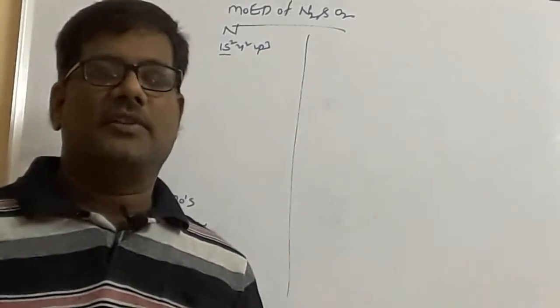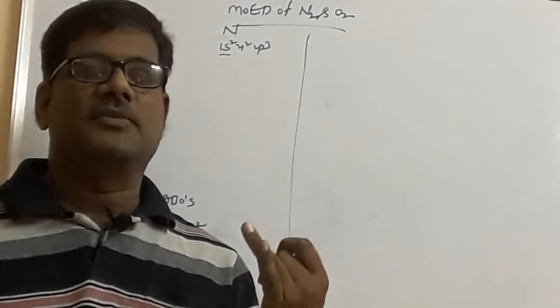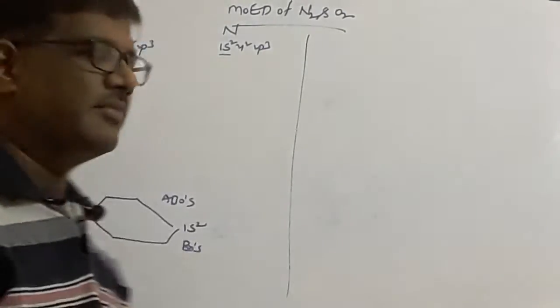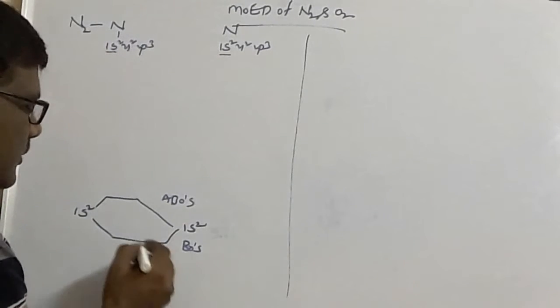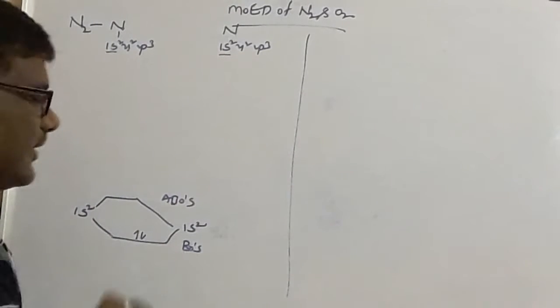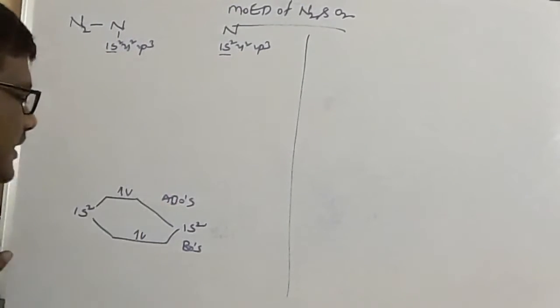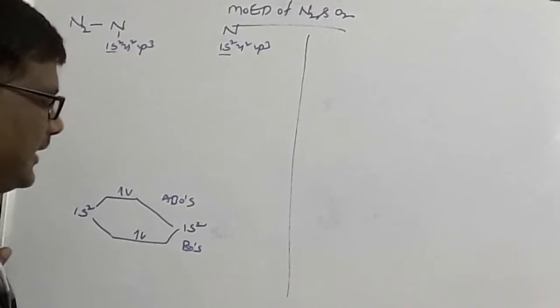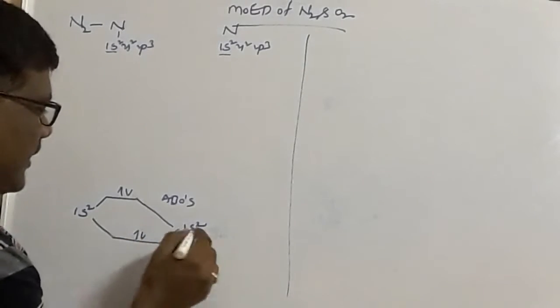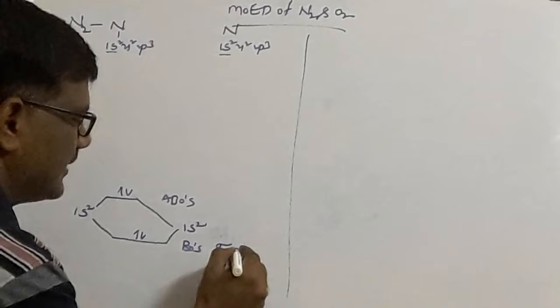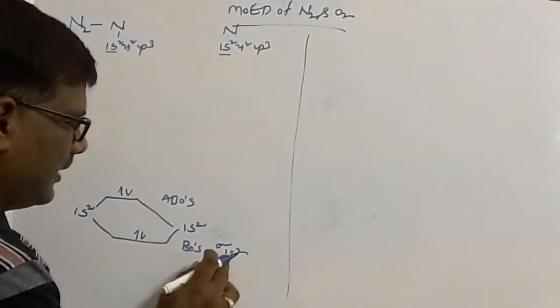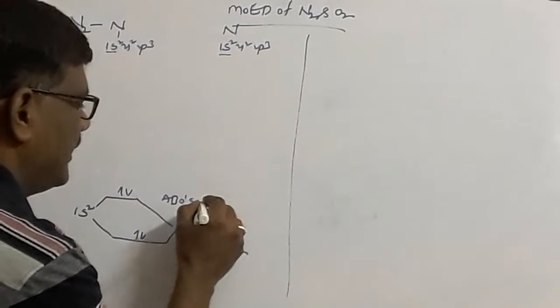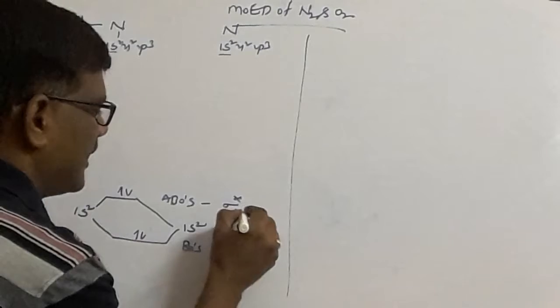In the filling of electrons, we have to follow the Aufbau principle, Hund's principle and Pauli's exclusion principle. So, total 4 electrons, 2 electrons come into the least energy first, then it enters into the highest energy. So, 4 electrons are accommodated. This 1s combination is called sigma 1s2, because sigma 1s orbital has 2 electrons, and ABO is called the sigma star 1s2.